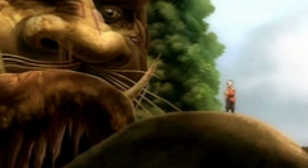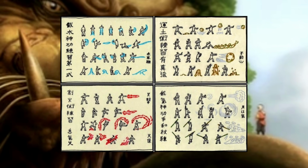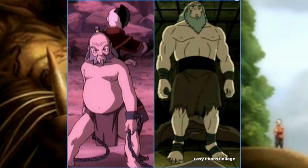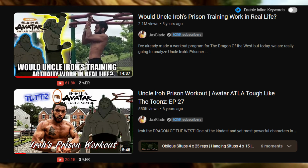And so your friendly neighborhood JaxBlade got to thinking that bending must be a pretty damn good workout for these characters. Now of course it must be brought up that factors like chi, genetics, teachers, environment, and skill play into how strong a bender can be. And we also know the characters physically train to get stronger bodies, since we saw Iroh go through his whole one-man army calisthenic arc. And if you want to learn more about that, check out my videos here. But I've always wondered how each of their personal bending types would realistically help their physical development and body types in general, and so today we're going to talk about just that, starting with